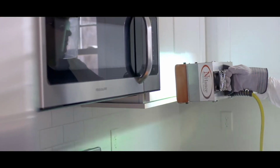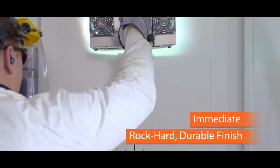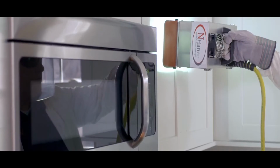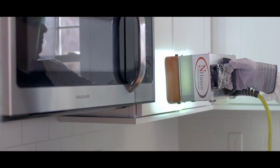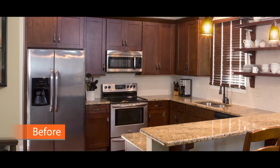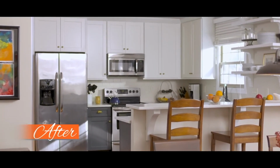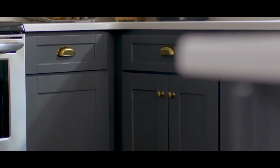Others will use products that take days to dry, but N-Hance cures instantly with an ultraviolet light to create an immediate rock-hard, durable finish. N-Hance's innovative process results in higher quality cabinets, better looking, longer lasting than just painting alone, and at much lower cost than traditional kitchen remodels, leaving you with more money to spend on updating countertops, backsplashes,